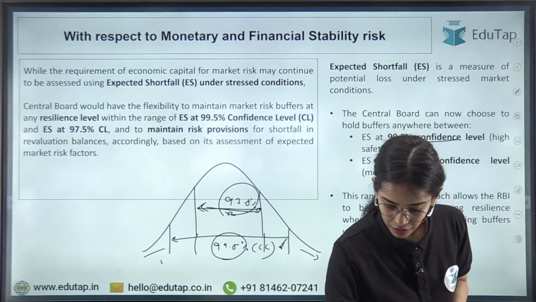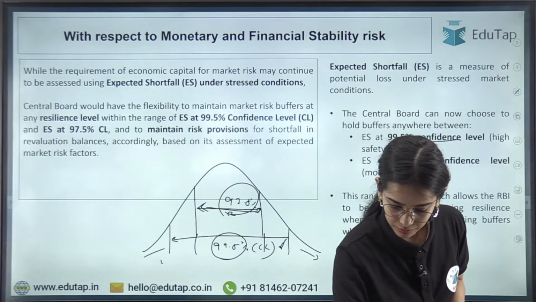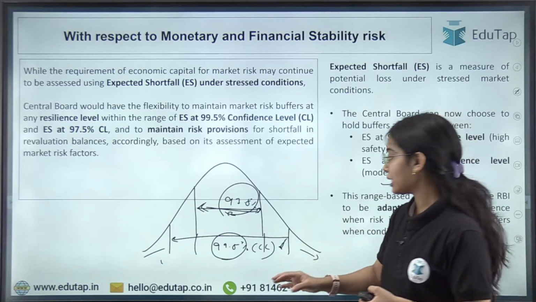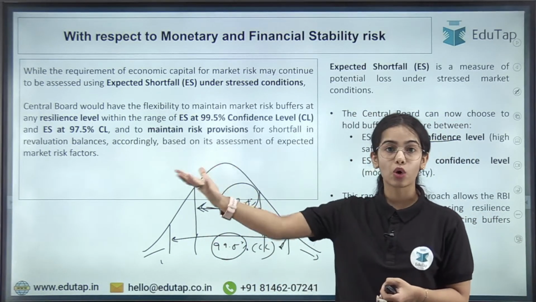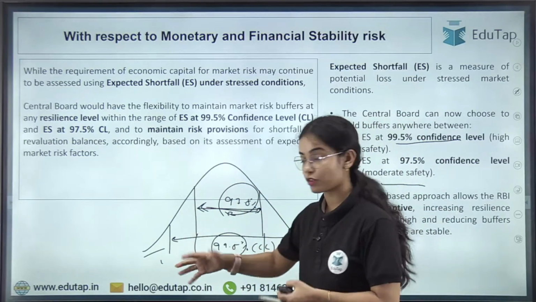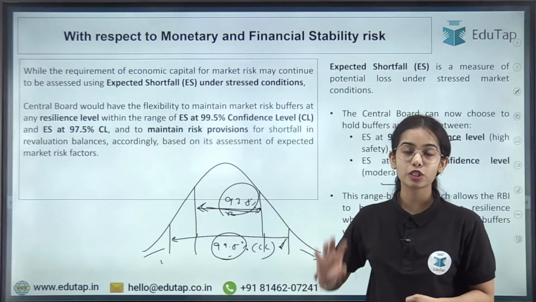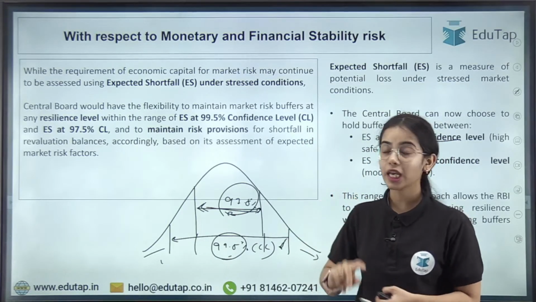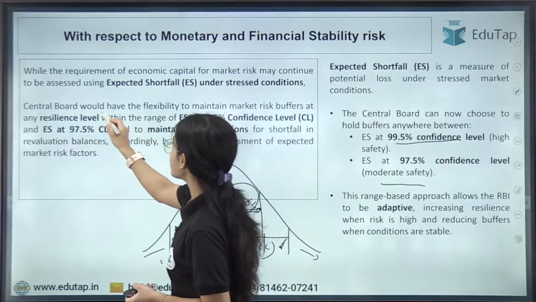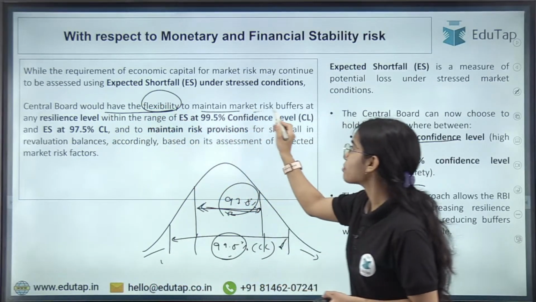Just tell me at which level. So I would maintain, if I feel that in the future a lot of market risk can come, I will maintain the buffers. I will start maintaining the buffers at the 99.5% confidence level, so that I have the high safety. Okay. So this is the idea, that the central board would now have the flexibility to maintain the market risk